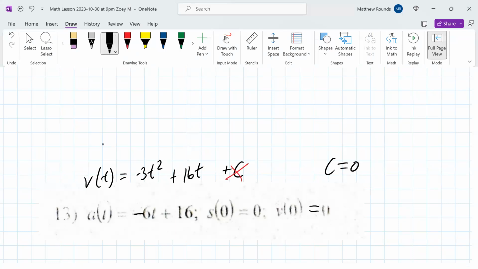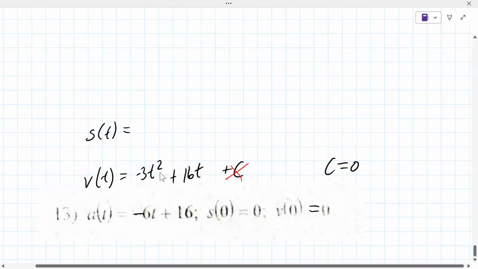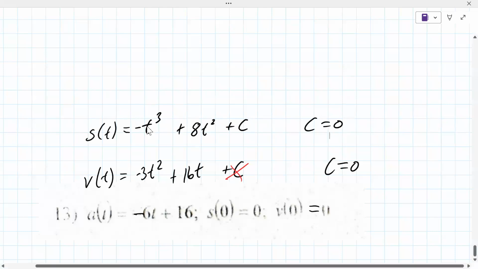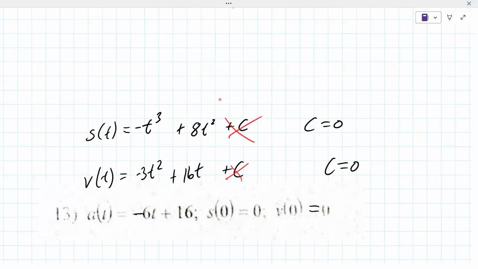All right, and then s of t, and derivative of what gets you to 16t. And you should notice a pattern of like, oh, the exponents get bigger each time. Yeah, 8t squared. 8t squared, perfect. How about for the next one? Negative 3t. Sorry, negative t to the third. Perfect, plus c. But again, you'll find that c equals 0 because minus 0 cubed plus 8 times 0 squared ends up being 0. Again, it gives you the wrong perception that it's always 0, which is not right. It will not be that, but that is what it